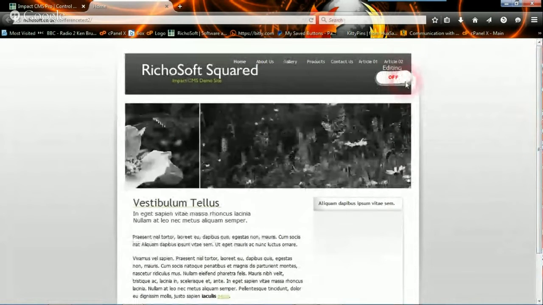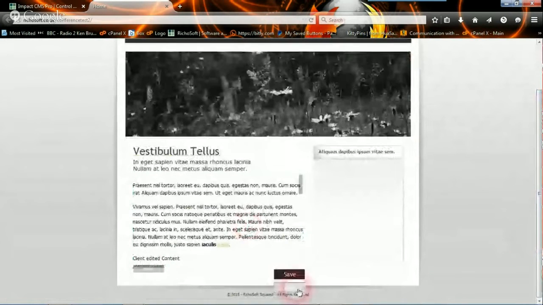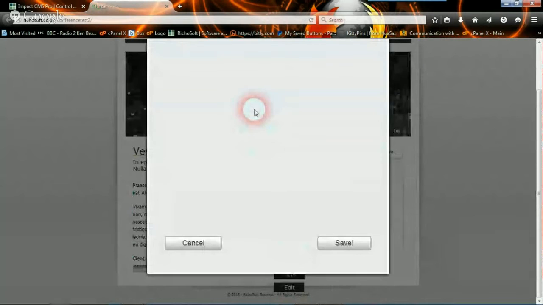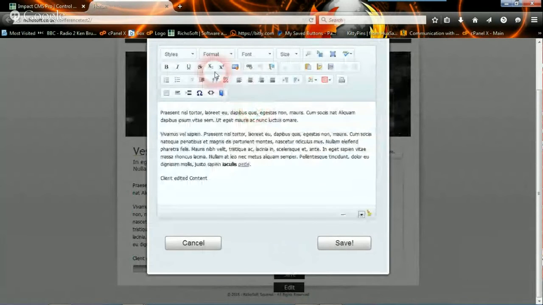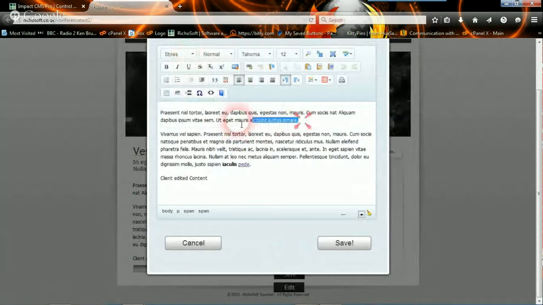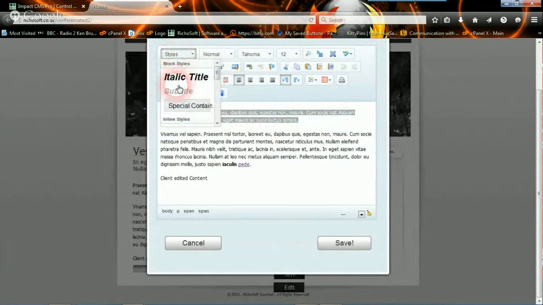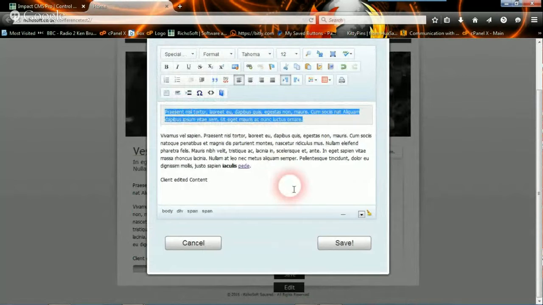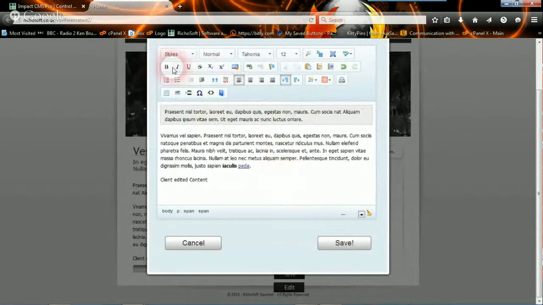Now one other thing, while we're here, we'll look at the editor, the full editor, and you'll see some of the features in the full editor. We can apply styles, so we could have, say, this in a special container like that. We can apply italics, subscript, superscript, etc. Remove the format,